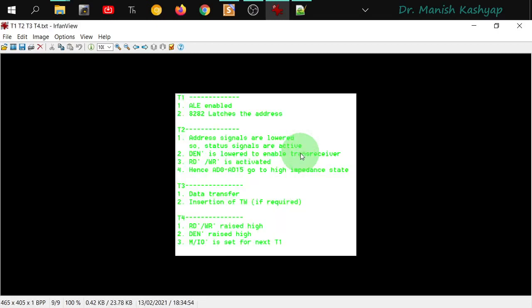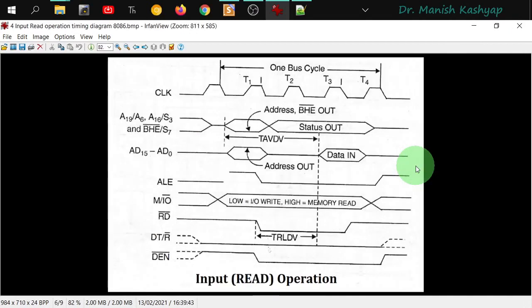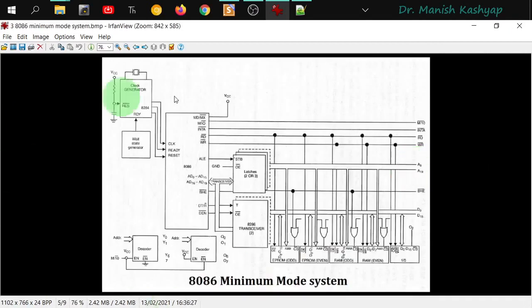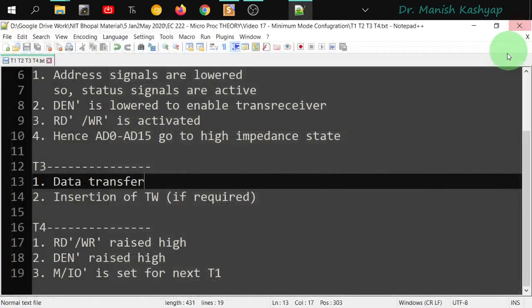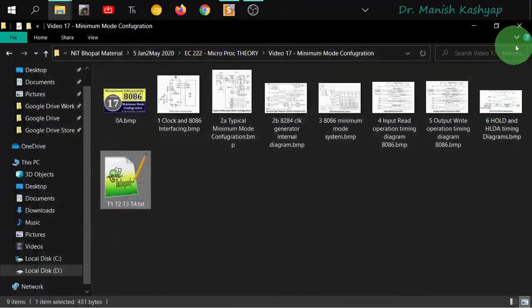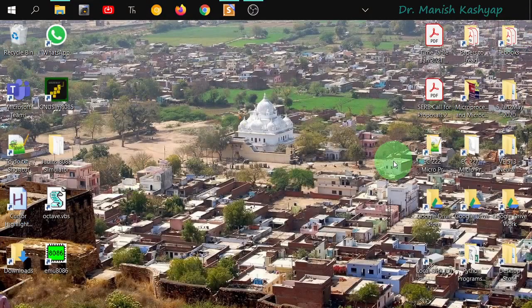So that's how this minimum mode system is configured and the timing diagram works. So this is the complete microcomputer system where you have this microprocessor and these various chips which are interfaced. A bigger version of this is your computer. If you see your motherboard, there will be a place for the microprocessor, there will be a place for various integrated circuits there. So this is all about the minimum mode of the microprocessor. In the next lecture, we are going to discuss the maximum mode of the microprocessor.